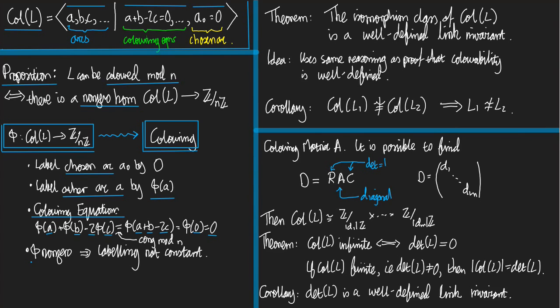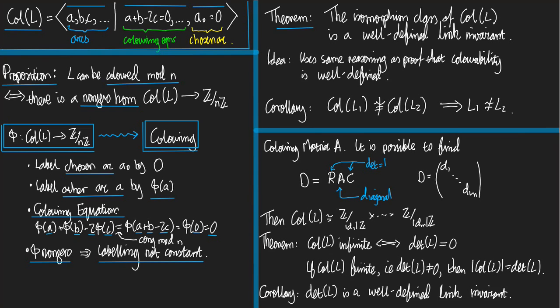Finally, for this to be a colouring, we needed phi to be non-zero. And it is, because for this to be a colouring, we need the labelling not to be constant. Well, phi was non-zero, which means that phi of A, for some arc A, was non-zero, which means that we've labelled some other arc with something non-zero. So the labelling isn't constant. Okay, so that's the proof of how you go from one of these homomorphisms to a colouring, and I think you can see how to reverse that to go the other way. You can read the full proof in the notes. Okay, next,